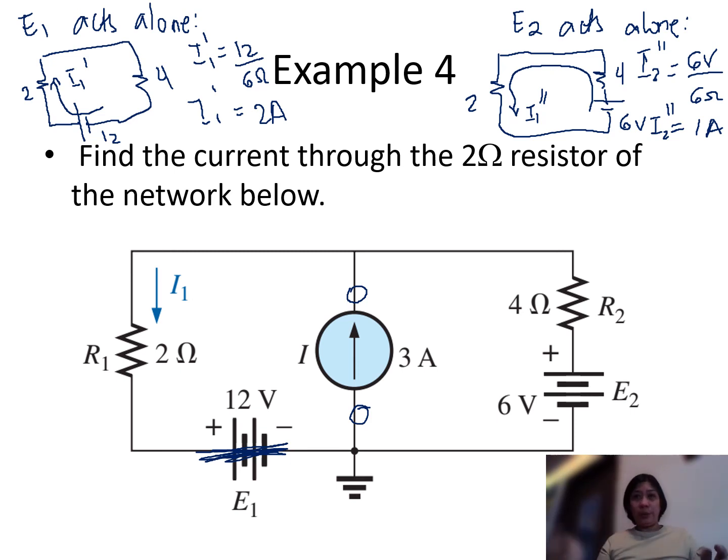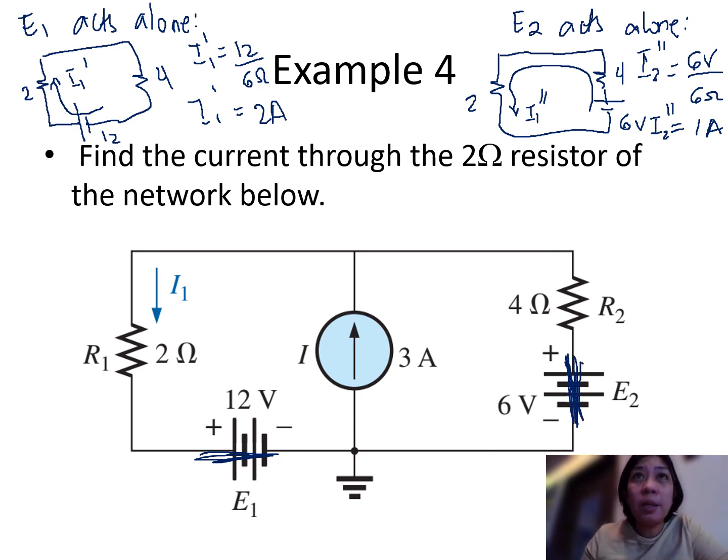Okay, then we go to the third. So what happened to the third? In the third set, this is no longer open, and this is still shorted. I'm sorry, so this is shorted, and this is also shorted. So what we have is, when 3 amperes acts alone,